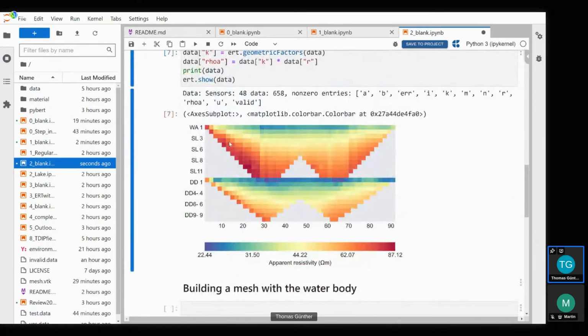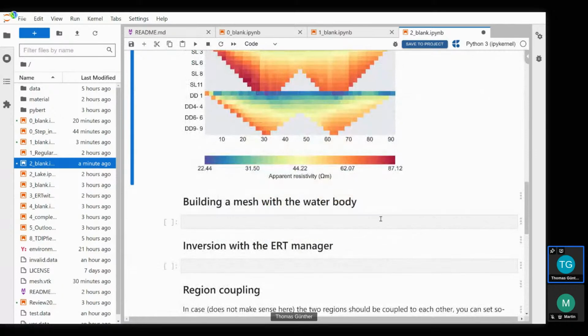I have a pseudo section, which is not a subsurface representation, but what I see here is a Wenner beta. I have a Schlumberger measurement with a small dipole in the middle and an enlarging current dipole, and in the second part, on the lower part, I see a Wenner beta measurement. Both of these data types show an increasing resistivity with depth, starting from about 20 to about 100 ohm meters at maximum, and I want to do an inversion of this